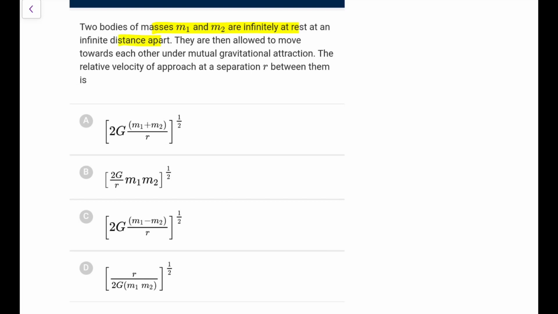Next one, two bodies of masses m1 and m2 are initially at rest at an infinite distance apart. They are allowed to move towards each other under mutual gravitational force, the relative velocity of approach, you know, the CM will remain at rest, so all the gain would be in K dash, so K dash would be equal to delta U loss. So what I can write directly, half mu